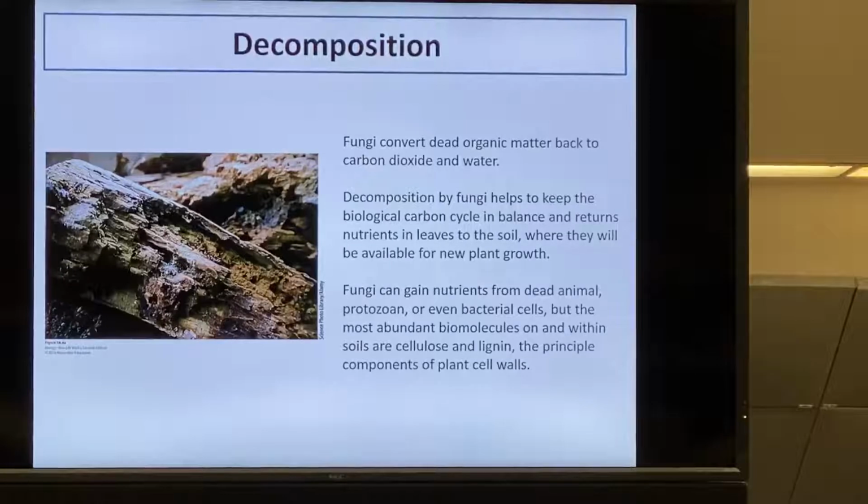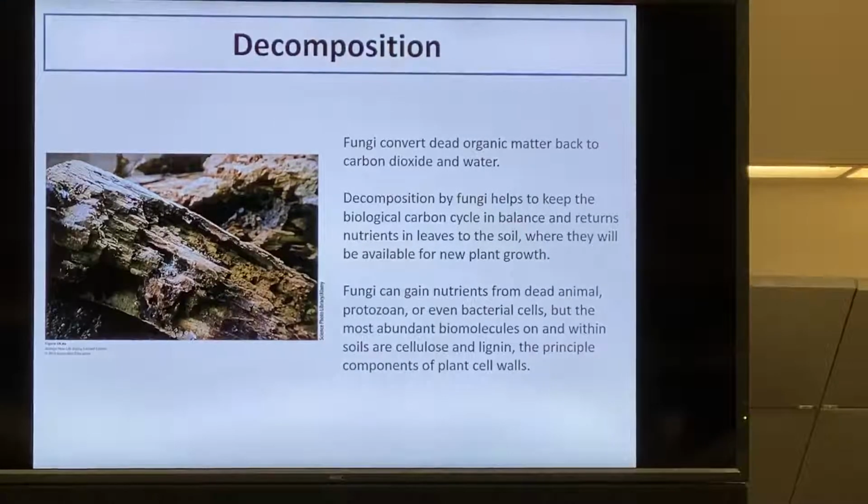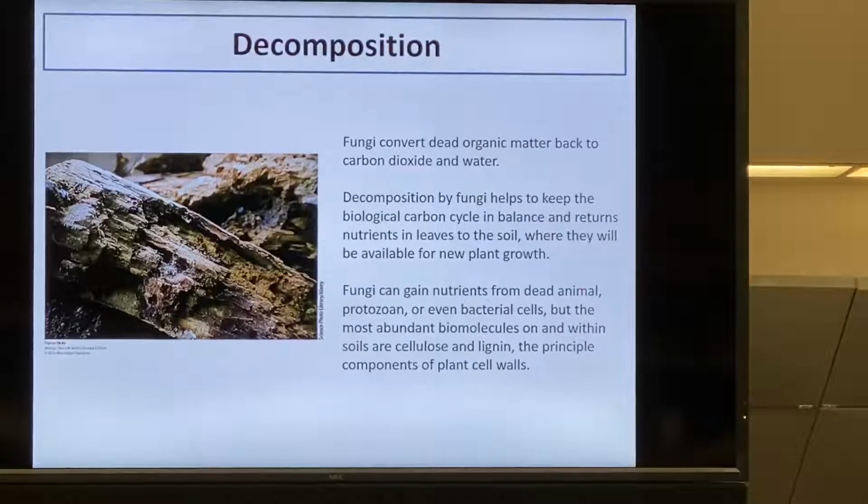So that would make sense, right? If they're in the soil, then the plant matter that is there is decomposing and then providing nutrients for them. I have a follow-up question on that. Why are cellulose and lignin so abundant in soils? But plants aren't just made of cellulose and lignin, are they? So why are the cellulose and lignin so abundant?